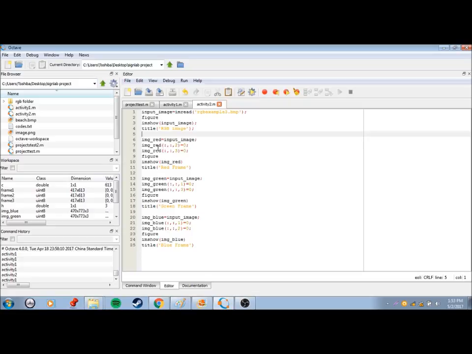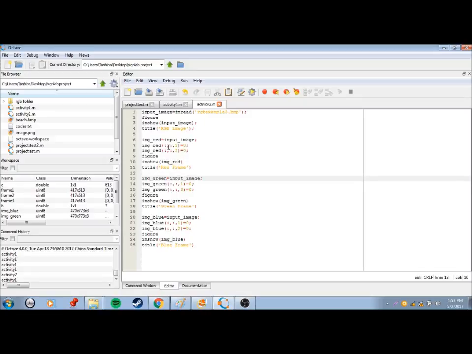Remember that the green is plane 2, and the blue is plane 3. So the second and the third, this is the green and this is the blue. We set them to 0 to access the red frame.